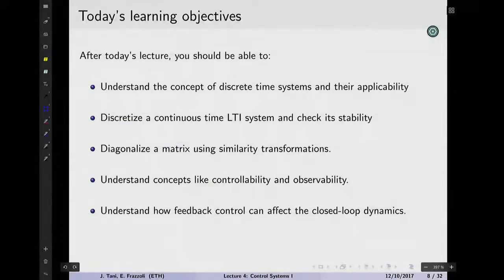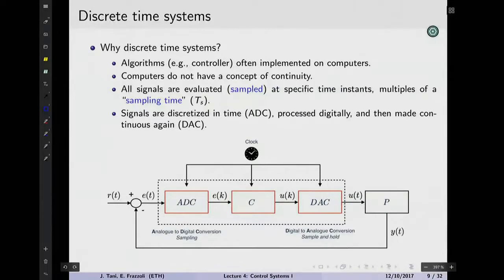At the end of the class, these are things that we'll have to cover. So why is this relevant? Well, as we said before, that's how computers do stuff. And computers don't have a concept of continuity. If they don't have a concept of continuity, they don't have a concept of limits. If they don't have a concept of limits, they can't take derivatives. If they can't take derivatives, they can't solve differential equations. So we need to adapt a little bit to all of this. So how do things actually work? Because yes, sure, computers are relevant. That's where we implement our controllers.